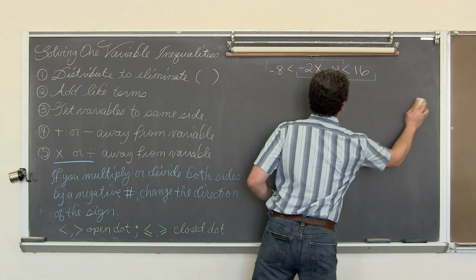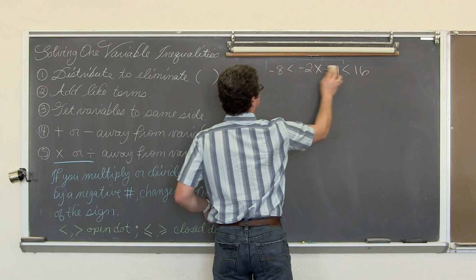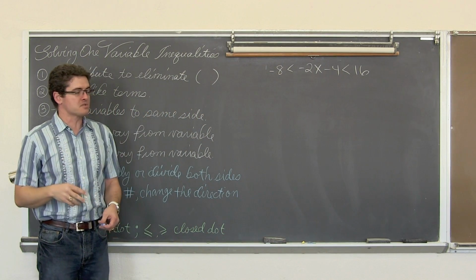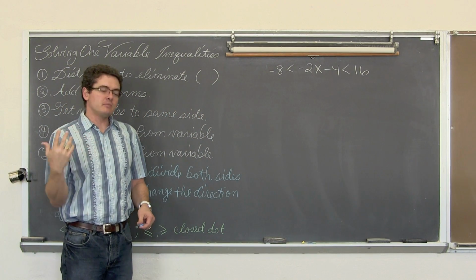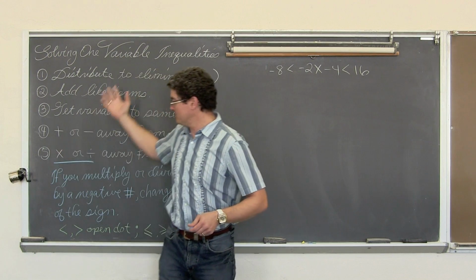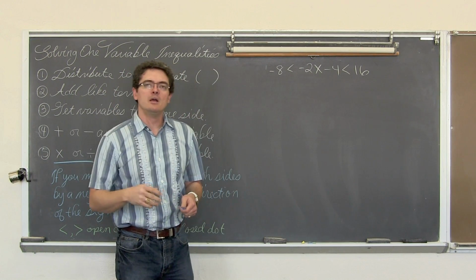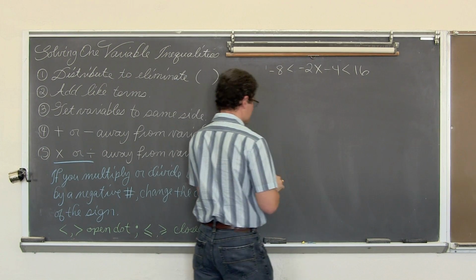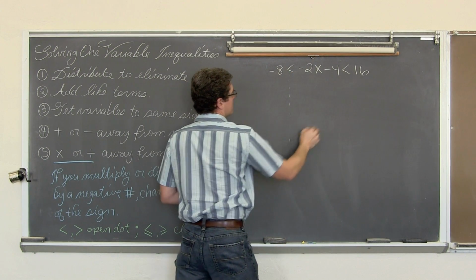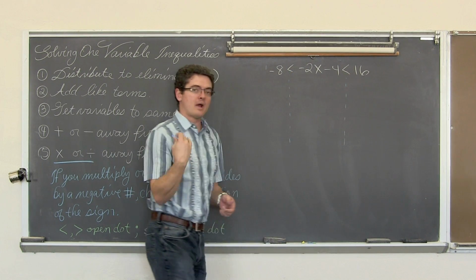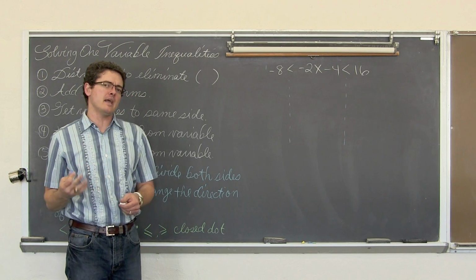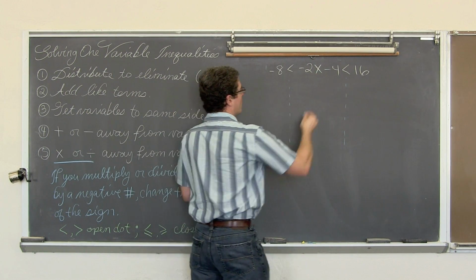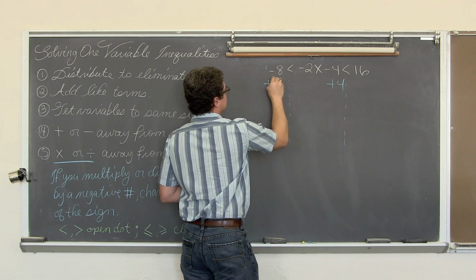If you have a compound inequality and it is written as one statement where there are these two inequality symbols, we can still move things away from the variable, but just do it 3 times instead of only 2, because it's kind of like there's 3 parts. There's a left part, a middle, and then a right side. So we want to get the negative 4 away from the x. Well, the opposite of subtracting by 4 is adding.